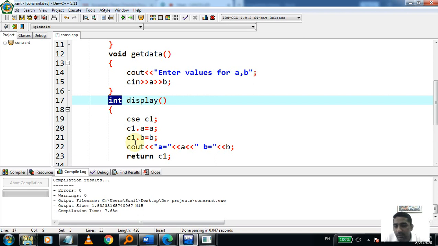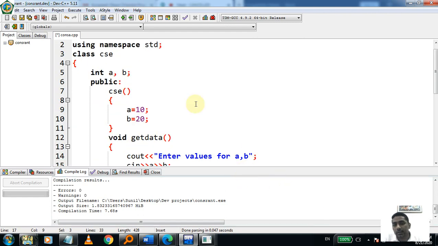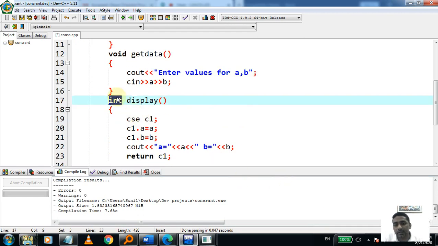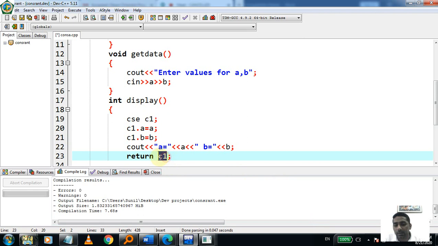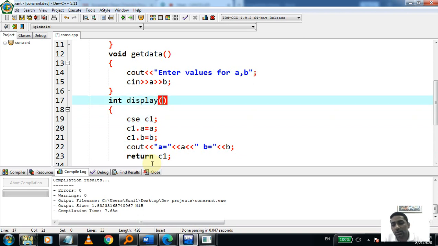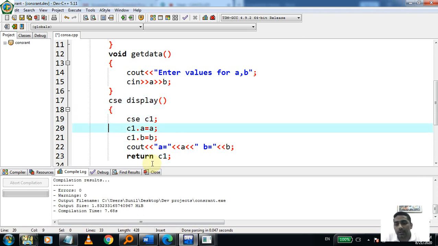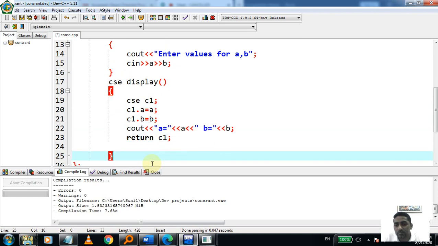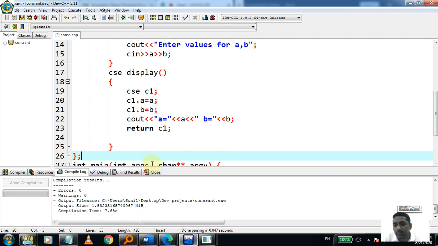Like if you are returning A, then you are writing int A. You have written here int A, so you write here int because you are returning variable A. Now you have written C1. The type of C1 is CSC, so you will write here CSC, the name of the class. So it will return CSC type,